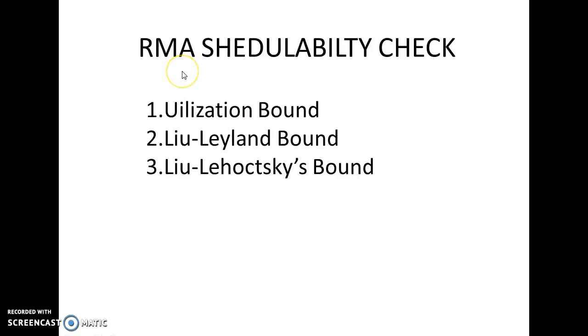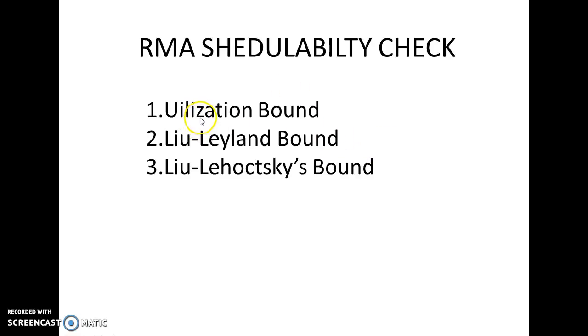Let me now explain that given a set of periodic tasks with its deadline, how can it be checked whether it is schedulable using the RMA scheduling algorithm, which is one of the real-time scheduling algorithms. RMA scheduling is done only on a periodically repeating set of tasks. Given a set of tasks, we can check whether it is RMA schedulable or not by checking on the three